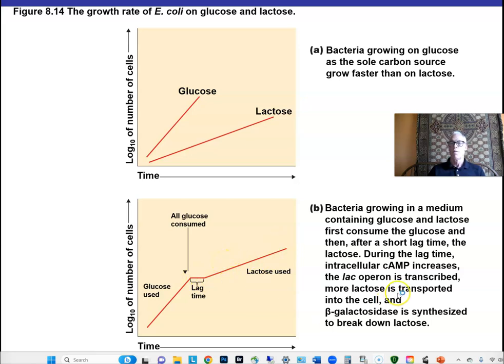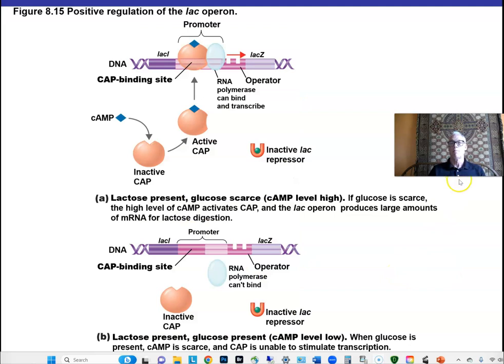How does all that work? Well, when glucose is absent, then cyclic AMP levels build up in the cell. When there's plenty of glucose, the cyclic AMP level, the second messenger, is low, and when the glucose is absent, then cyclic AMP levels go up. Let's see how that affects the picture here. So when cyclic AMP is present, it binds to this CAP protein, and the CAP protein can come and bind to the promoter and activate transcription, and will produce